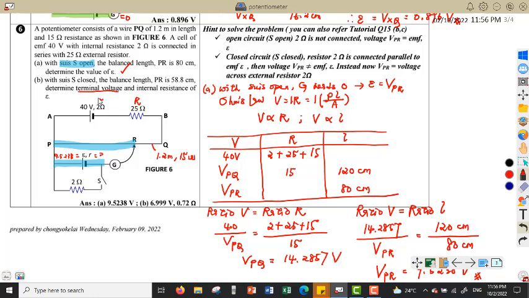So what is meant by terminal voltage? Terminal voltage means the voltage across the external resistor 2 ohm when we close the switch. So class, when we close the switch, we will find out that this EMF battery below will be connected to the external resistance 2 ohm. Recall the tutorial question that we discussed, 15C. So I already told you when the switch is closed at that time,